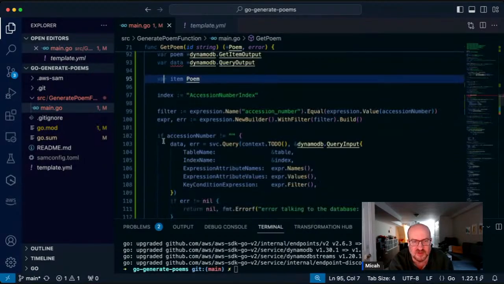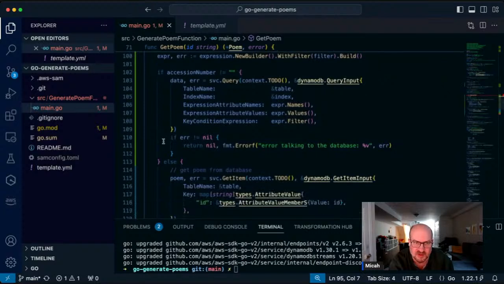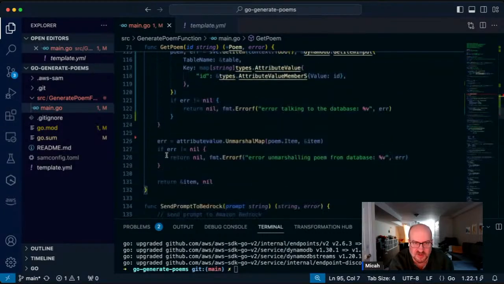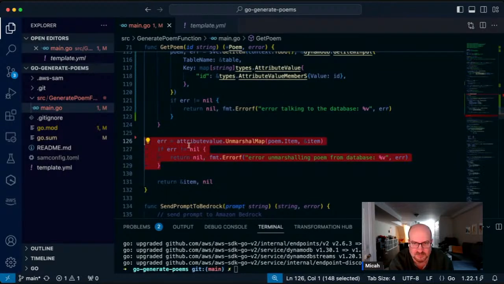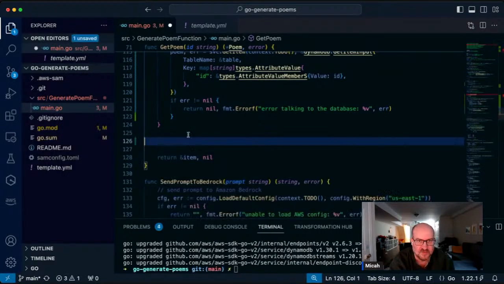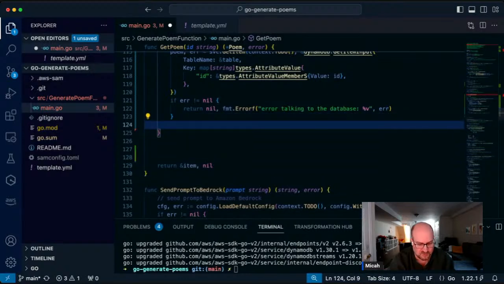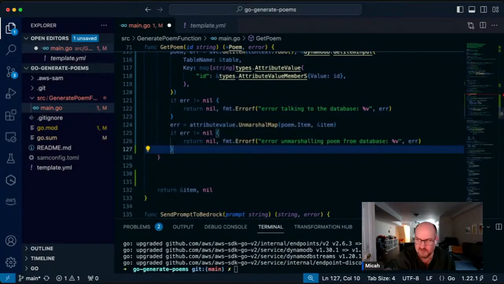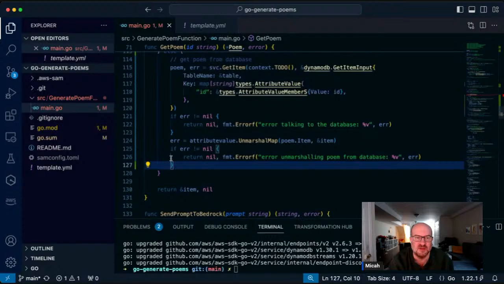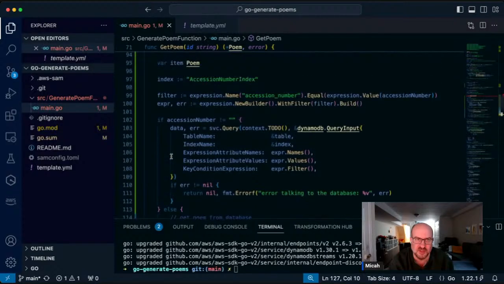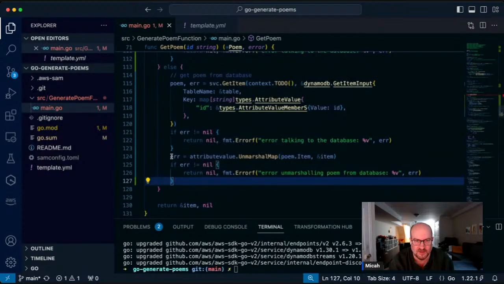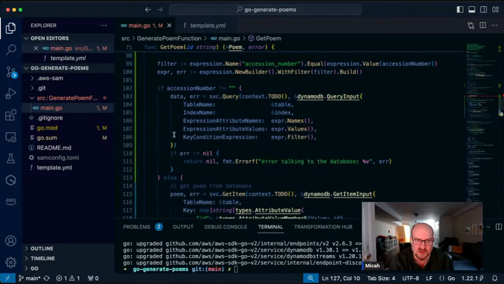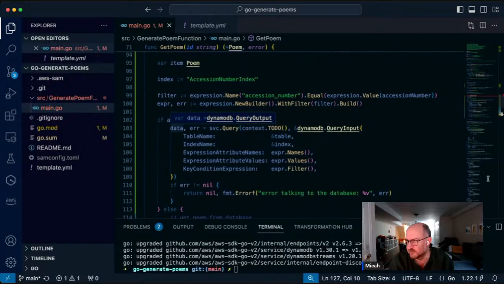Okay, fair enough. So what I need to do, first of all, this one we know how to do. This one, all we need to do is use this unmarshal map, but I need to do it right here. Okay, and then I need to figure out how to unmarshal this thing.